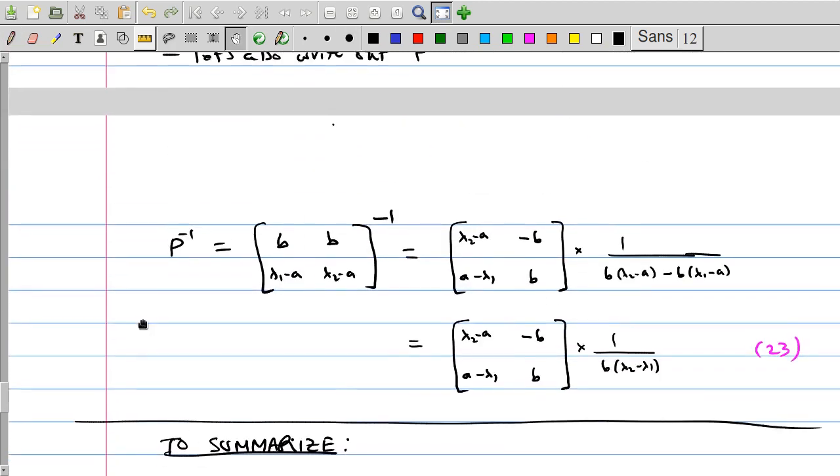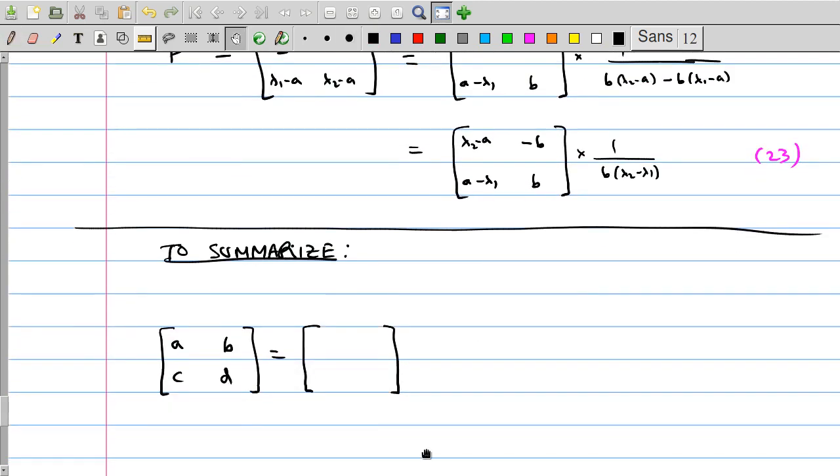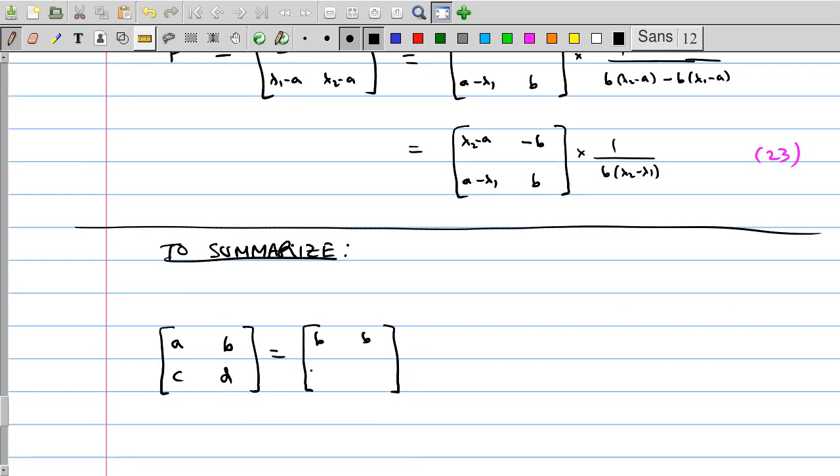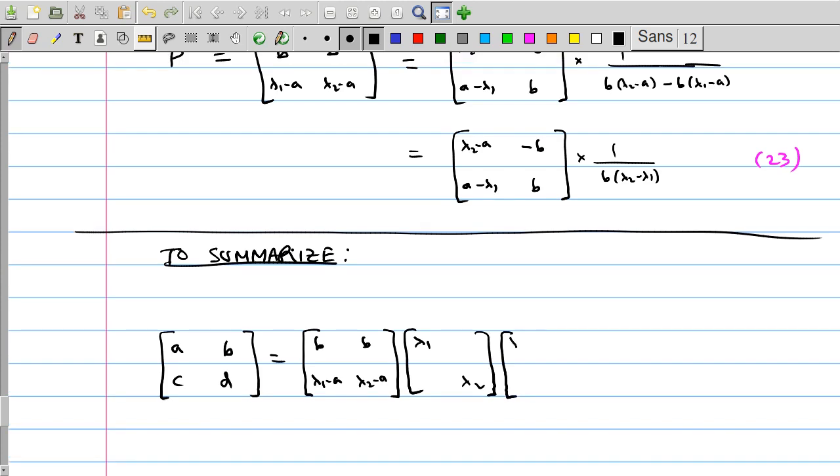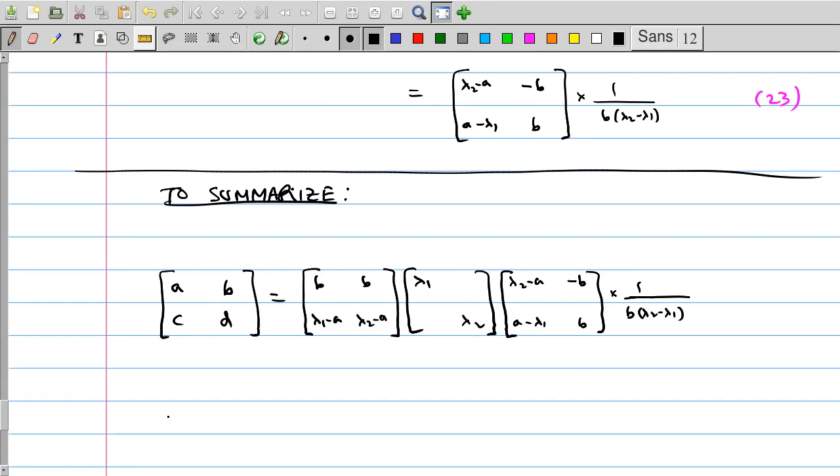B, B, lambda 1 minus A, lambda 2 minus A, then lambda 1, lambda 2, and then lambda 2 minus A, minus B, minus B, A minus lambda 1, times 1 over B times lambda 2 minus lambda 1. Okay. Yeah. So that's 24,